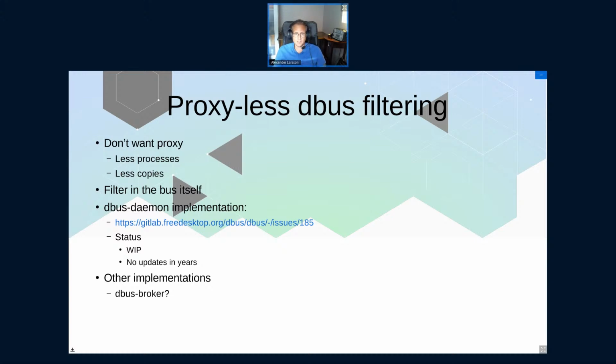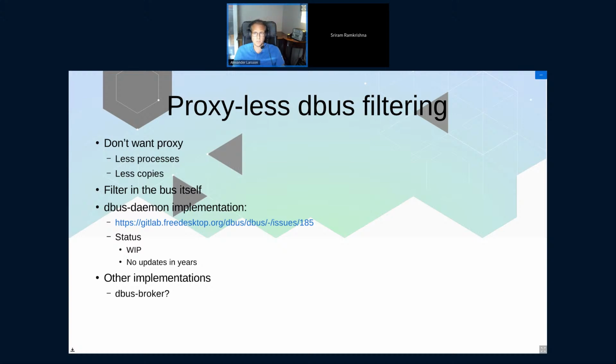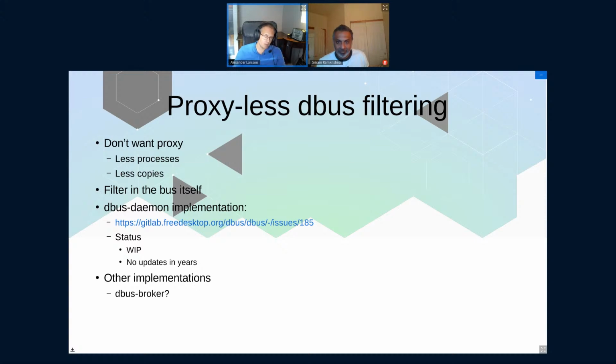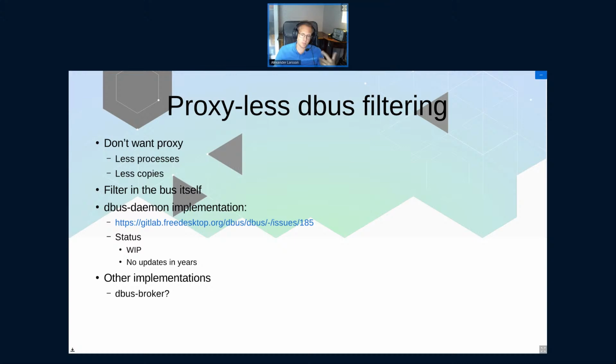And actually, there's a work in progress implementation of this, and that does contain some of what you mean, where you can tag. In this setup, you would have to ask the dbus daemon to create its own domain socket, which is specific to a container, and then you automatically get this tying of a dbus client with an app ID. So in that case, that will be solved.